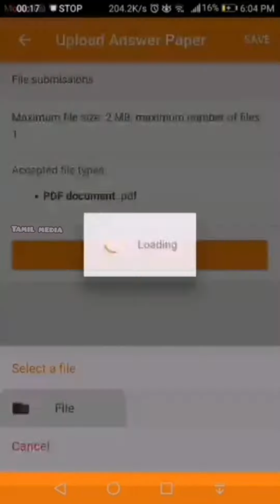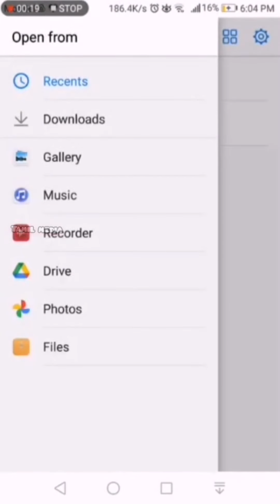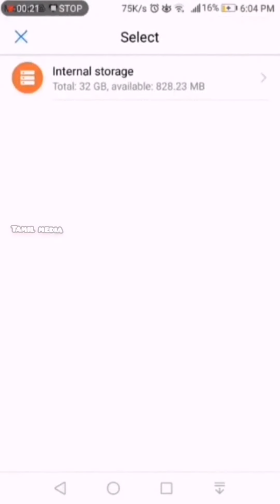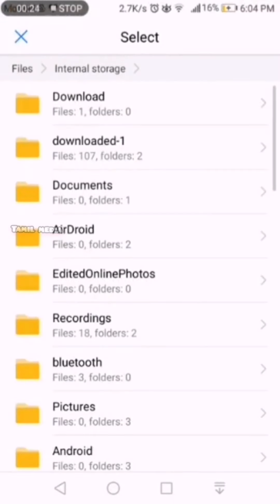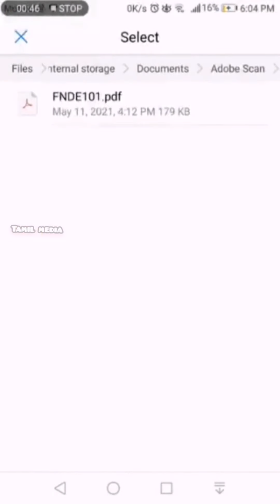Select file and go to files. If you have scanned your answer papers using Google Drive, it should be in downloads. Otherwise, if you scanned your answer papers using Adobe Scan, it should be in documents. I'm going to select from documents, Adobe Scan and FND 101.